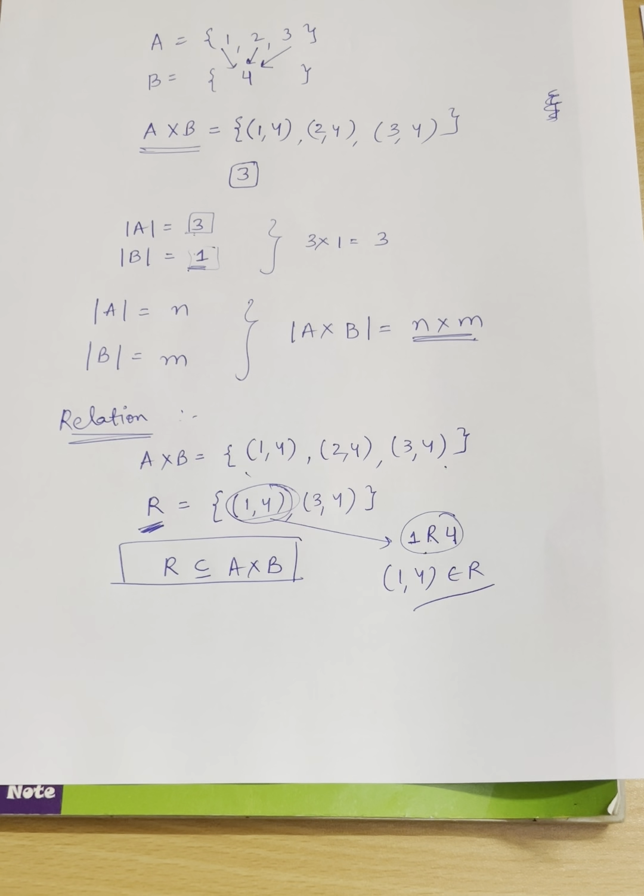Now one more thing, as we know what is finite and what is infinite set. Finite set means whose cardinality is known. We can say that 3 elements are there or 4 elements are there. Its cardinality is defined, so that set is finite. And if the set is infinite, like set of even numbers, set of natural numbers, set of real numbers, those sets are continuously running. There is no end.